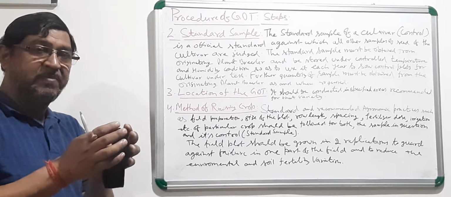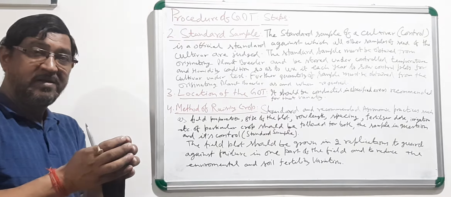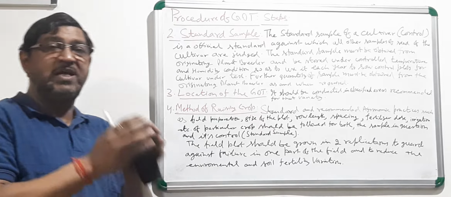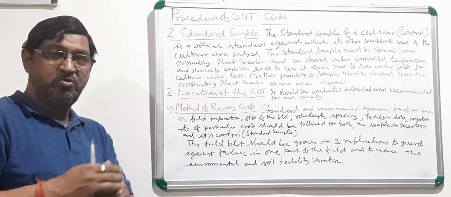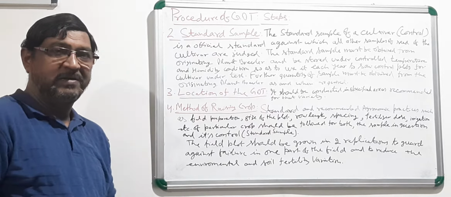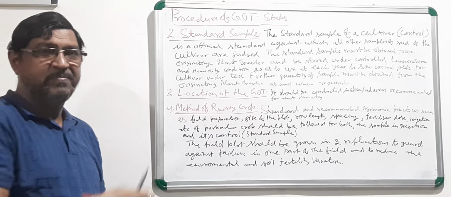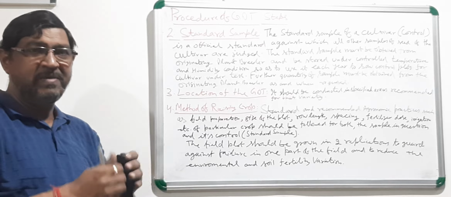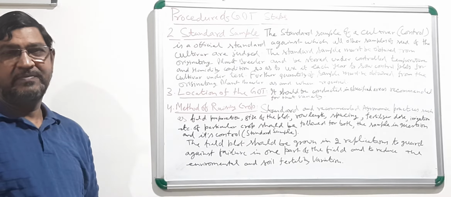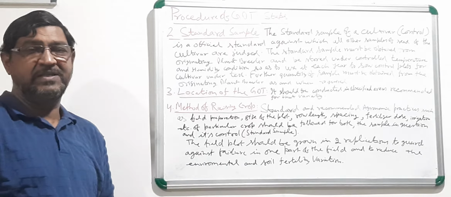Whatever working sample you have taken for the standard sample as well as for the samples being tested, you have to make 2 parts and replicate both the samples in 2 plots to minimize the environmental errors, differences,